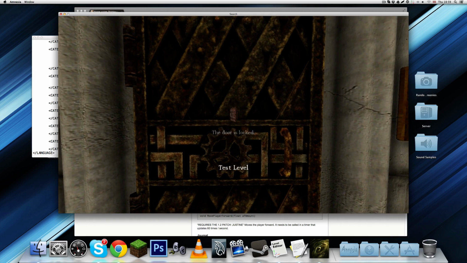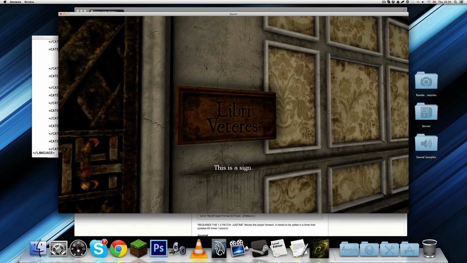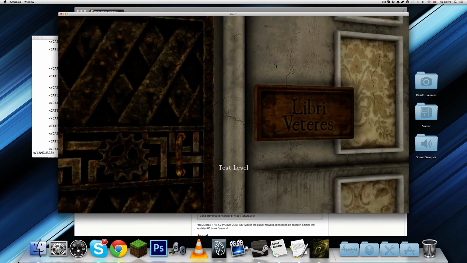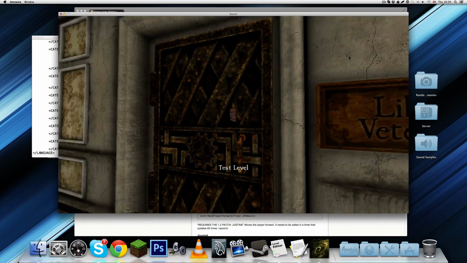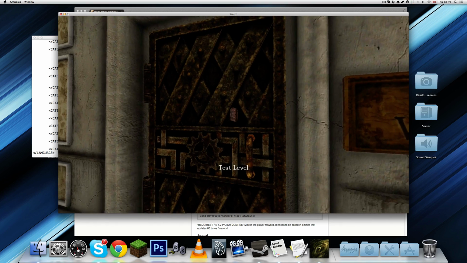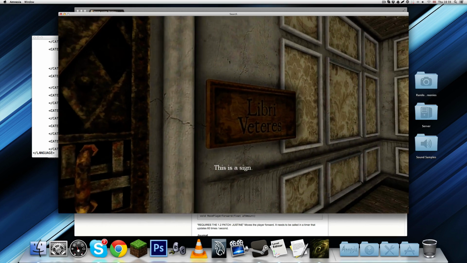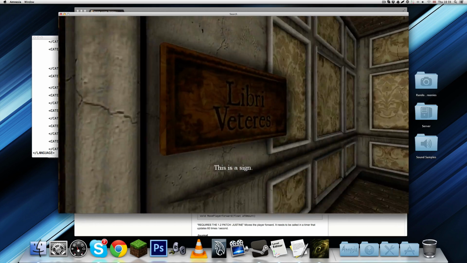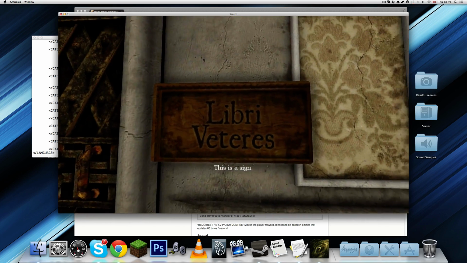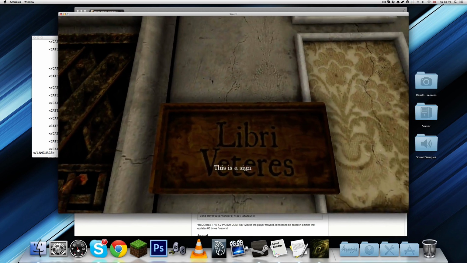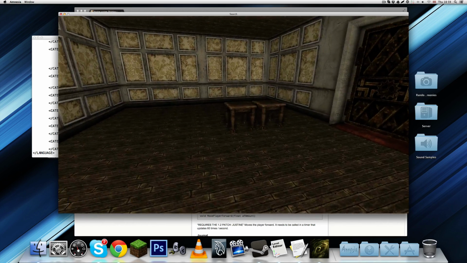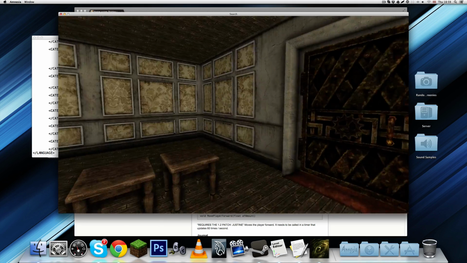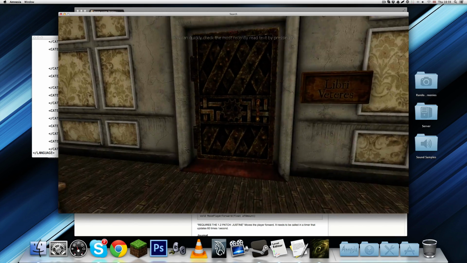You can also add a locked door sound effect, just like that. And right here it says this is a sign. It's very similar to what is hovering when you hover over there. It says test level, except this one does not. This one has a built-in sign area that you can interact through. You can't actually interact through normal sign areas, I think. And this is a sign, obviously, and that is pretty much about it. Test key. This is a key used for the door, and the memento is still there, and everything works fine.